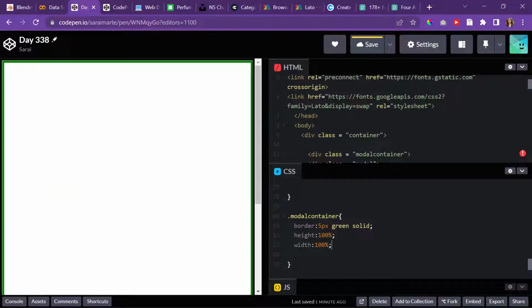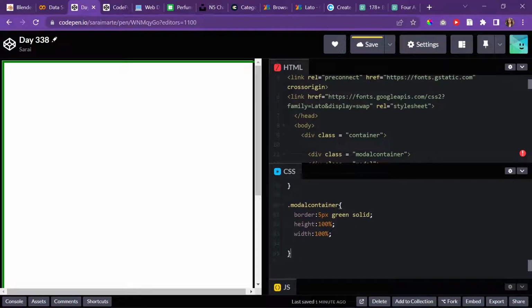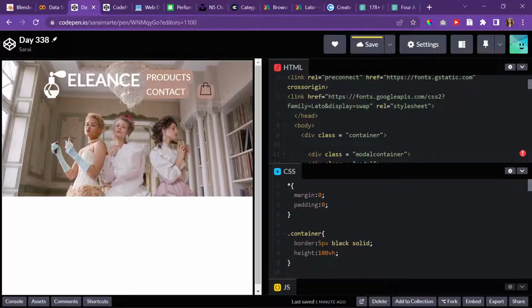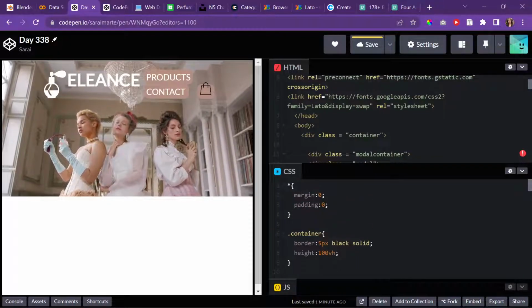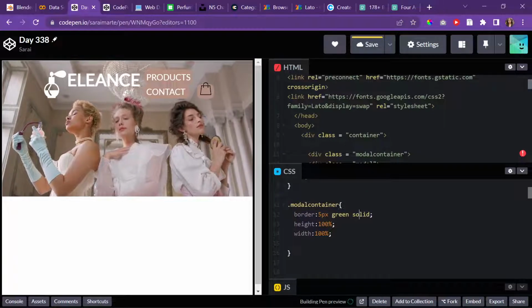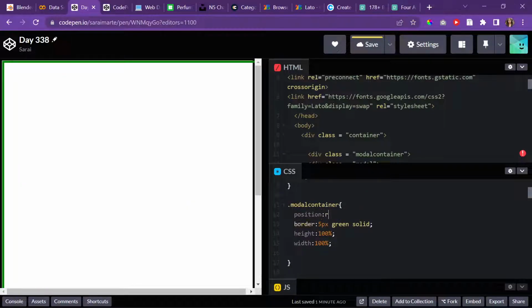But I need that to be position relative to the showcase, to the container here. So position relative,